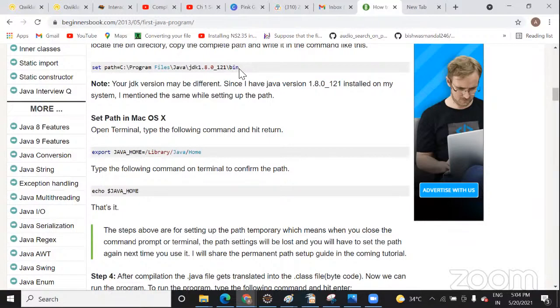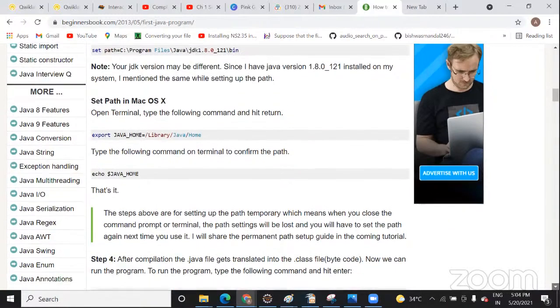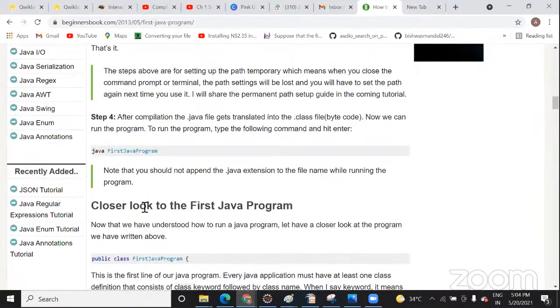I think I have done that with Divanshu sir because there was some error in that. I downloaded a program called Simple Calculator from Google, and it was giving some error. So we tried running it using that path method. But while running it, I told you that you just need to pass the class name. So you just need to pass java FirstJavaProgram. You were saying that you need to pass .java also.